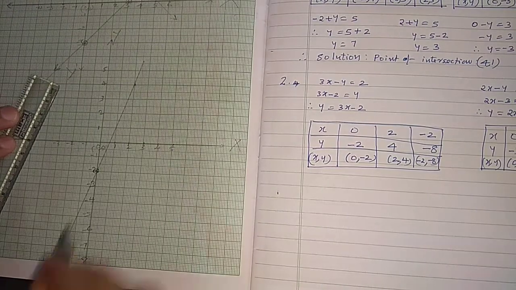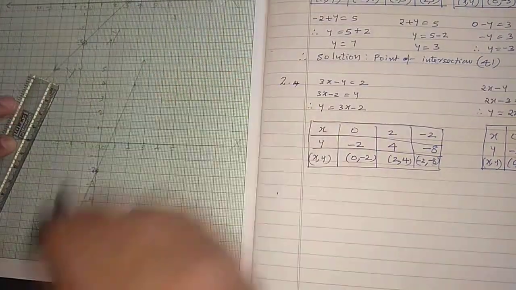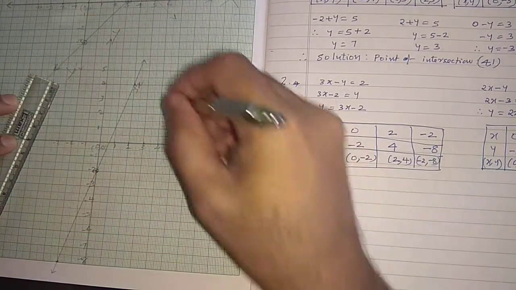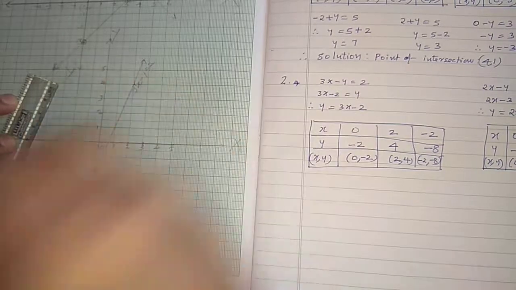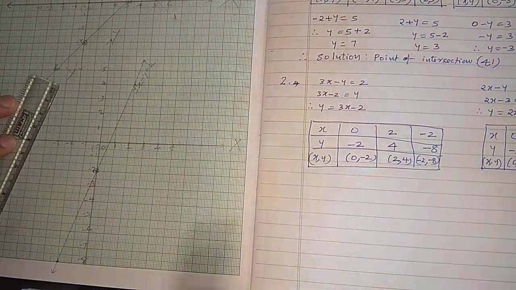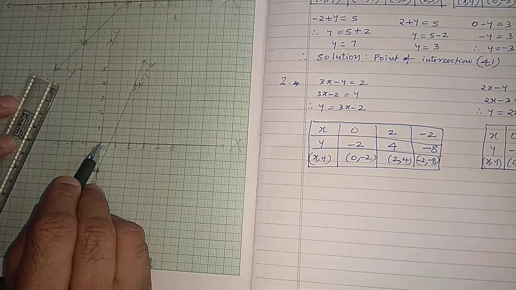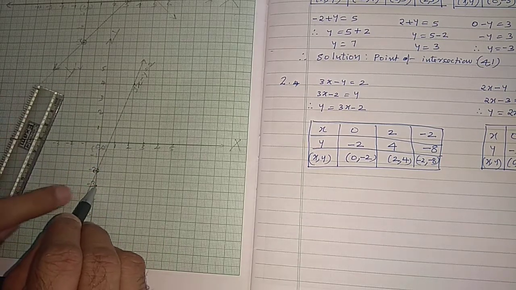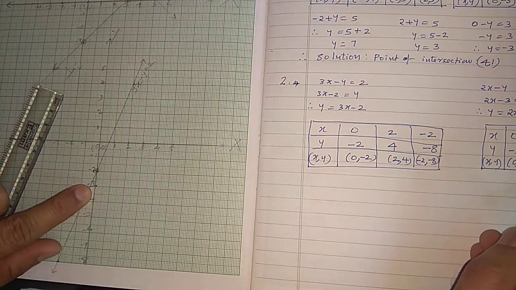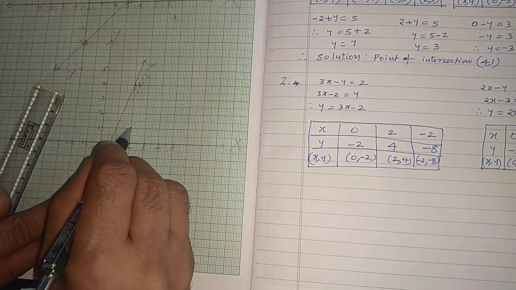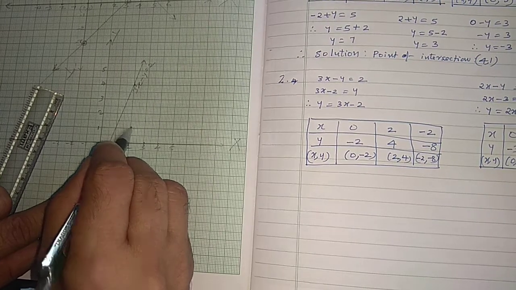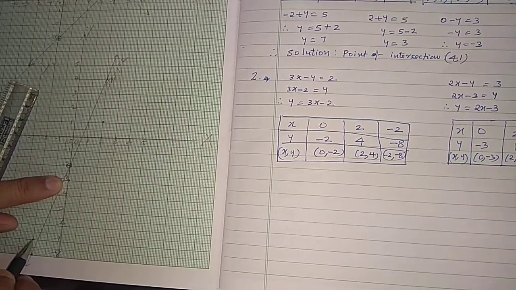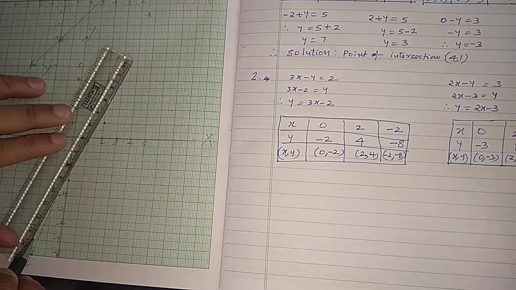We have taken that line. Equation of this line we write here itself. This is 3x minus y equal to 2. Now the next one, 0 comma minus 3. X is 0, y is minus 3. That is here. This is the point. Next 2 comma 1. X is 2, y is 1 here. Third point, minus 2 comma minus 7. Minus 2 comma minus 7 is here. So these points here.